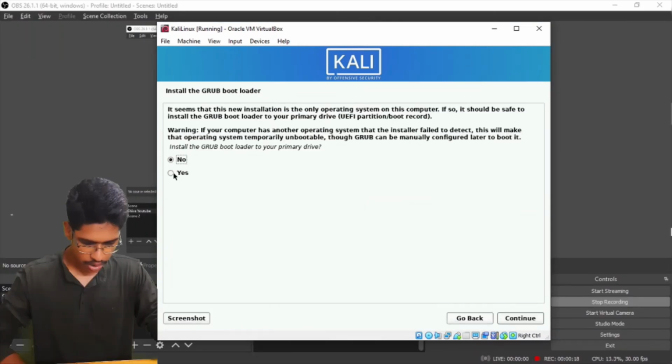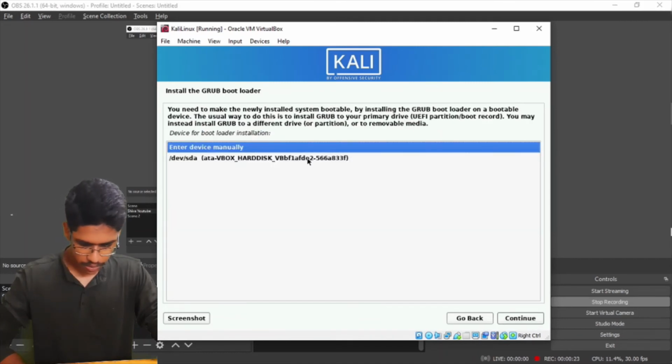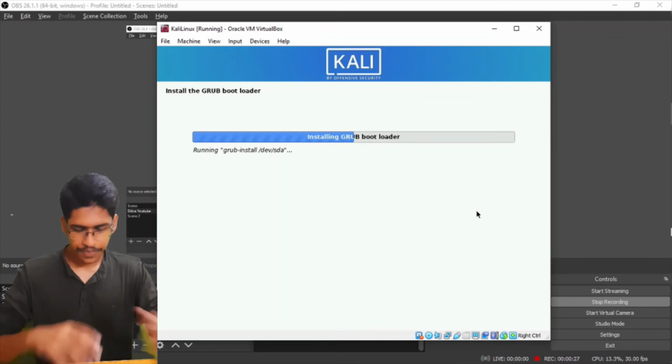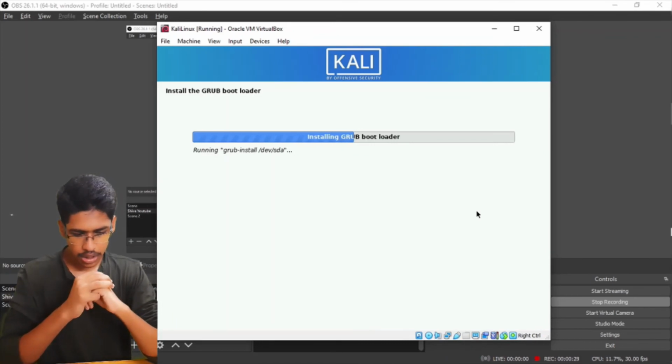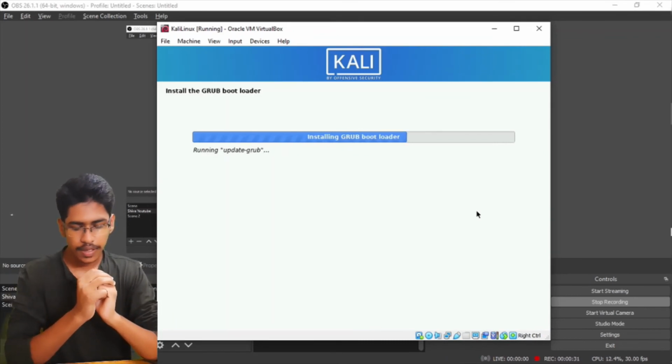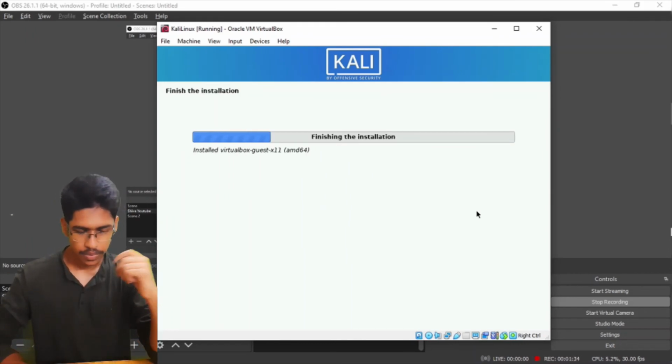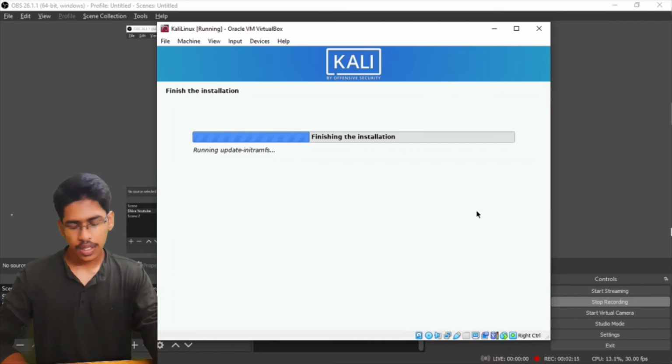I guess I'll just install it. Looks like it is necessary. I'll select this which I have already downloaded previously. So it is happening. Install the GRUB bootloader. Yeah, this will really go fast, so you don't really have to worry about this. Finish the installation. Yes.